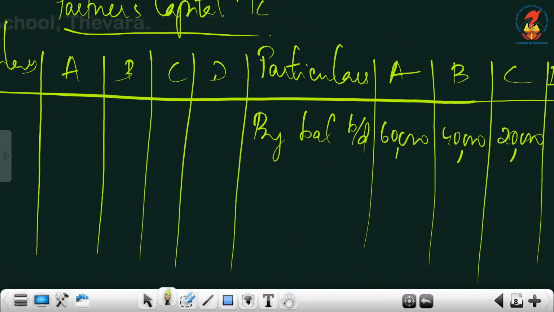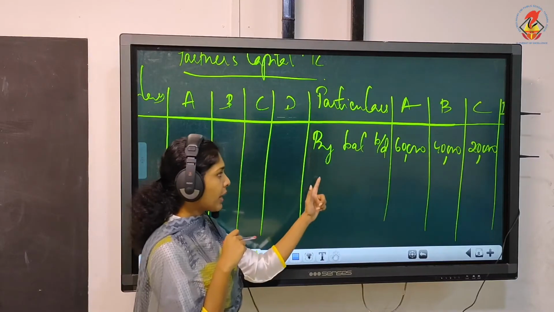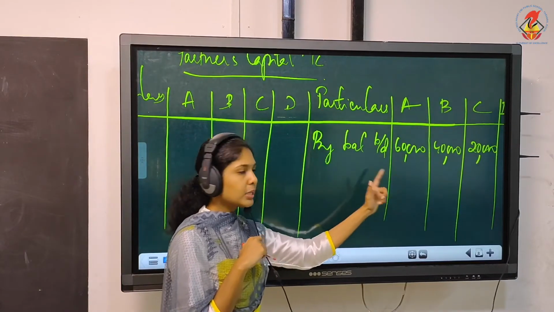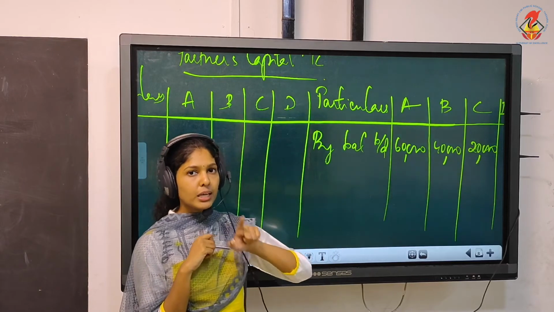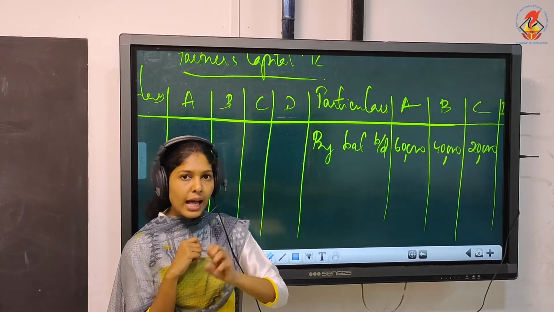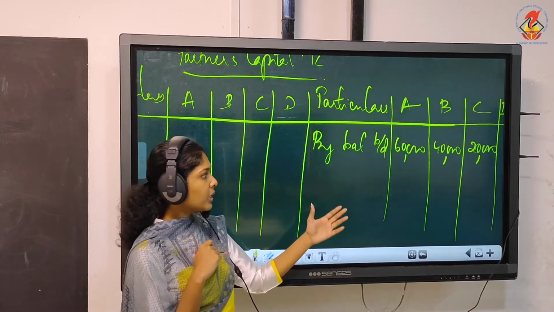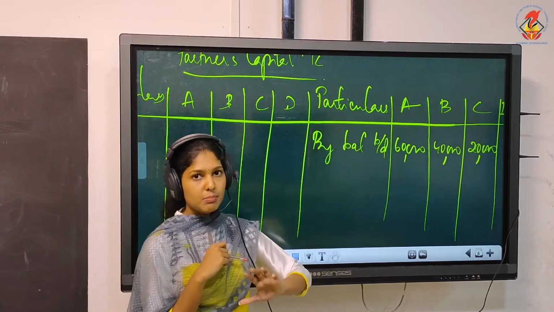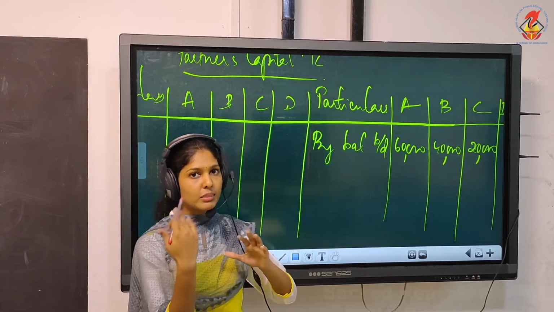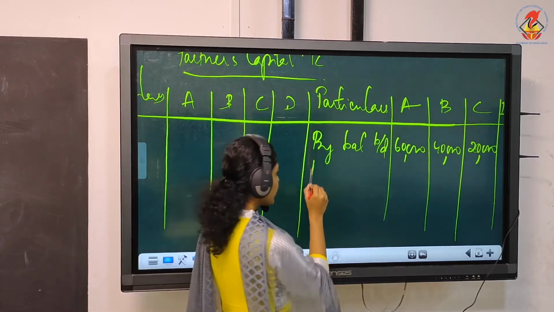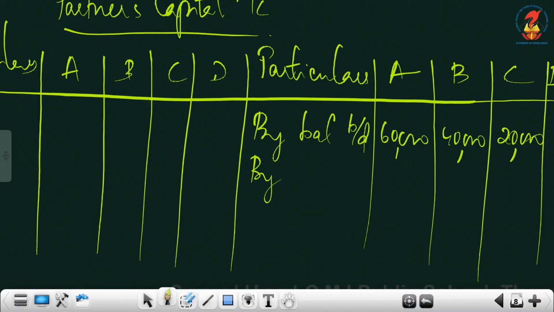And then usually what next will we be writing? We'll write by cash or by bank, the premium for goodwill brought in by the new partner. Here he has brought in the capital amount and the premium for goodwill, but the capital amount is missing. That is how we identified this is method number 2. So for the time being, you can just write by cash or by bank. Before that, you see whether they are maintaining cash or bank balance. On the asset side, they have written bank, so you also use the term bank.